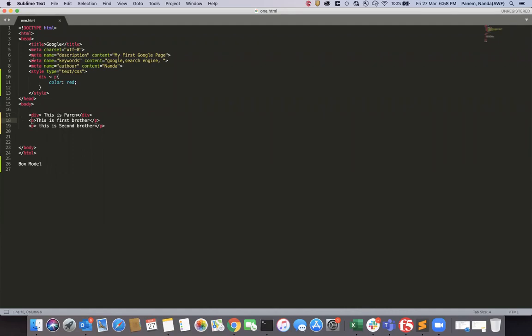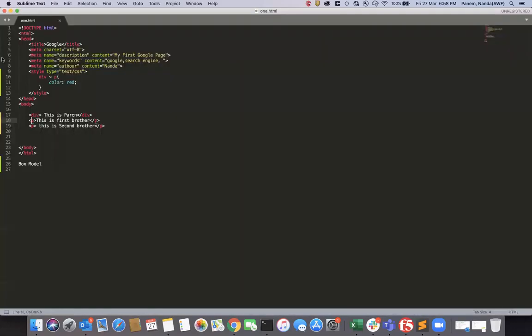Now if I apply div tilde paragraph, what happened? For these two paragraphs, you are getting a red color. This is called a general sibling.